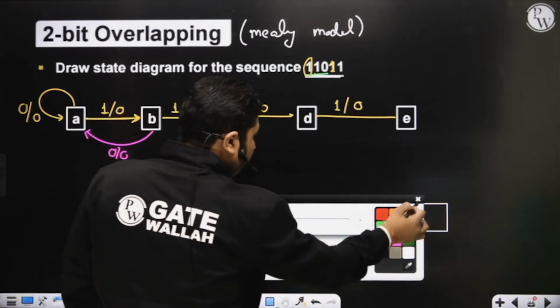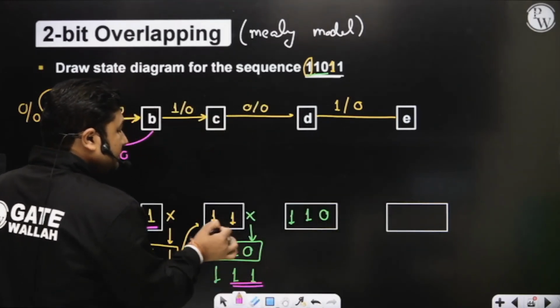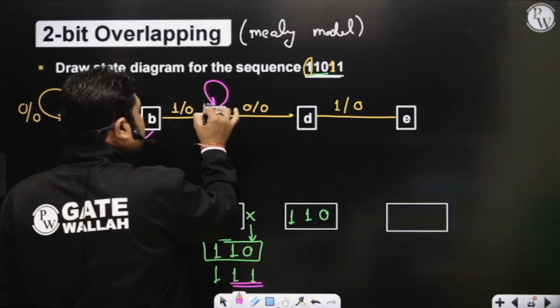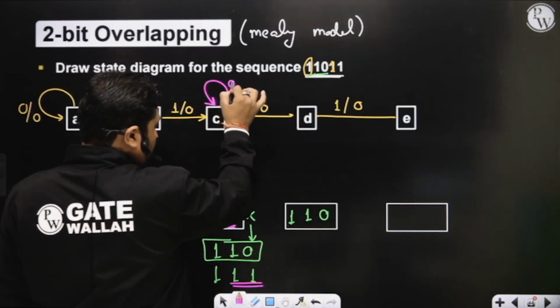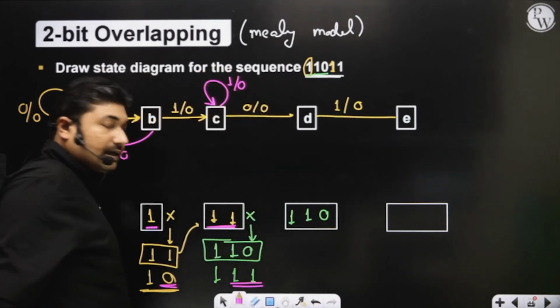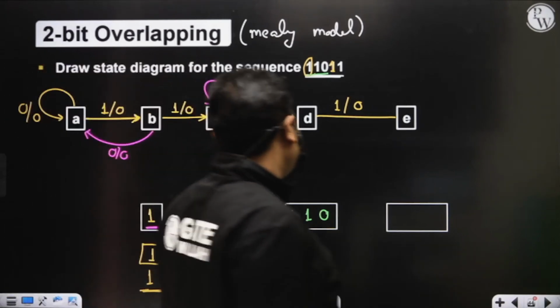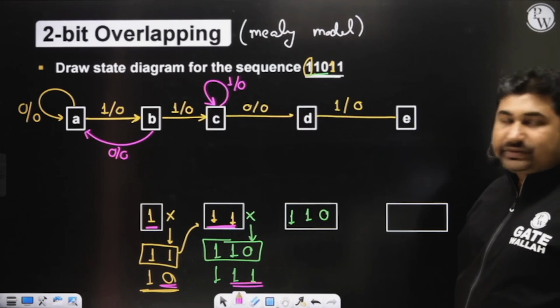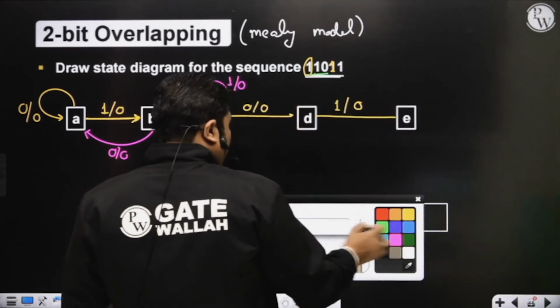Now you have to compare the last 2 bits with the 2-bit state. If they are the same, you will have to remain in the same state. So 1/0: 1 is the input and 0 is the output. Output will remain low till all the sequence got detected. Great, sir. Now again observe,